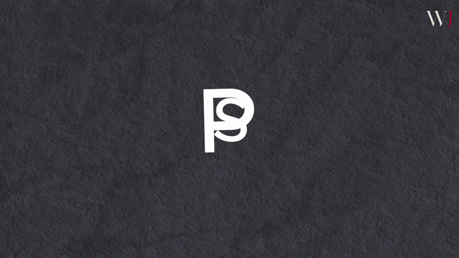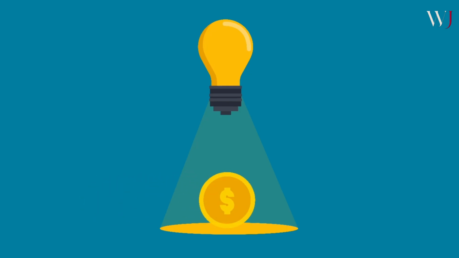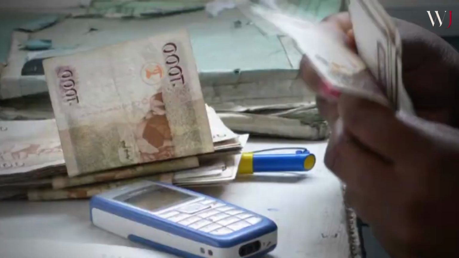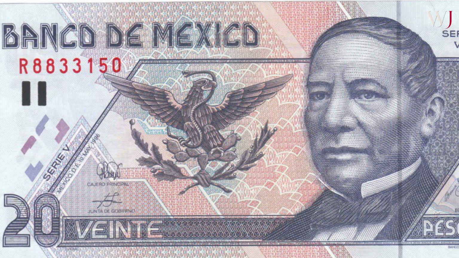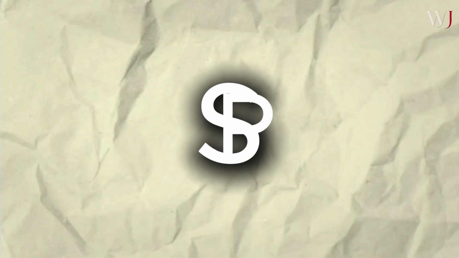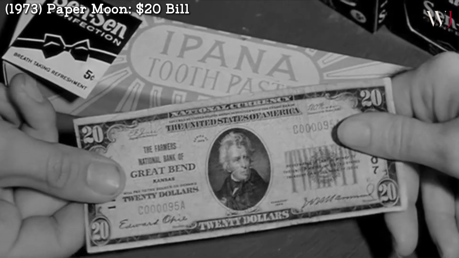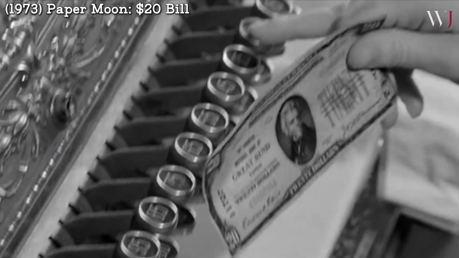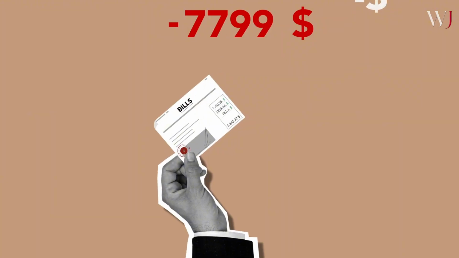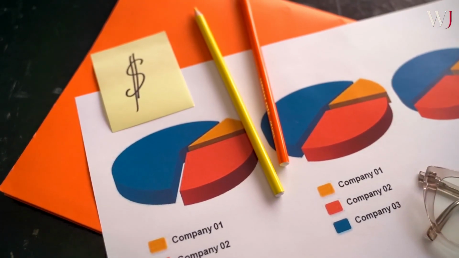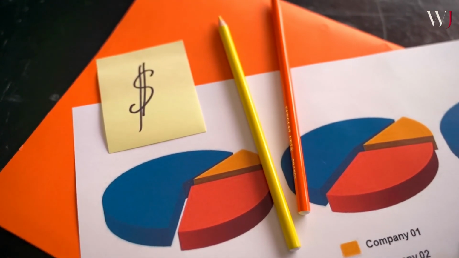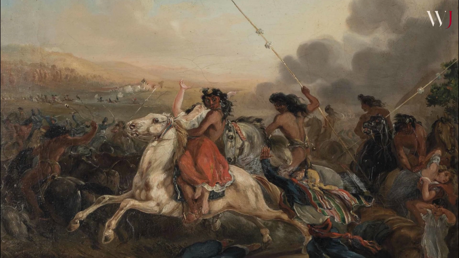Over time, the curve of the P faded, however the S stayed visible, and the mark slowly became the dollar sign we know now. Bill Maurer, an anthropologist at UC Irvine, describes the symbol as transitioning out of the way merchants abbreviated Spanish peso, writing an S and layering a lowercase p over it. As the mark got simplified through repeated handwriting, it started to become more common, where next thing you know, the symbol is now printed on screens, many different service receipts, and price tags around the world. So what many Americans still don't know is one of the most American-looking symbols actually comes from a Spanish colonial